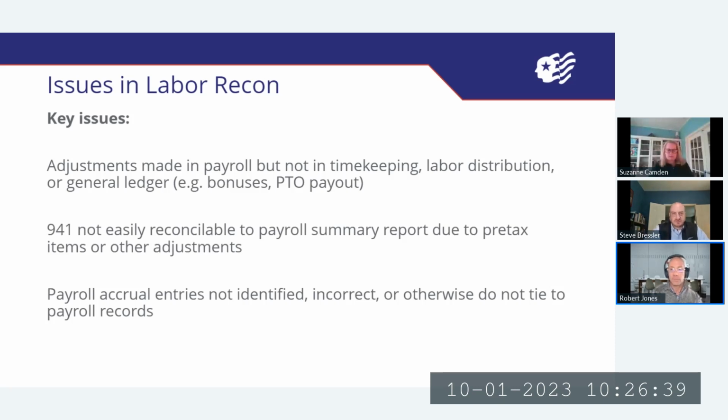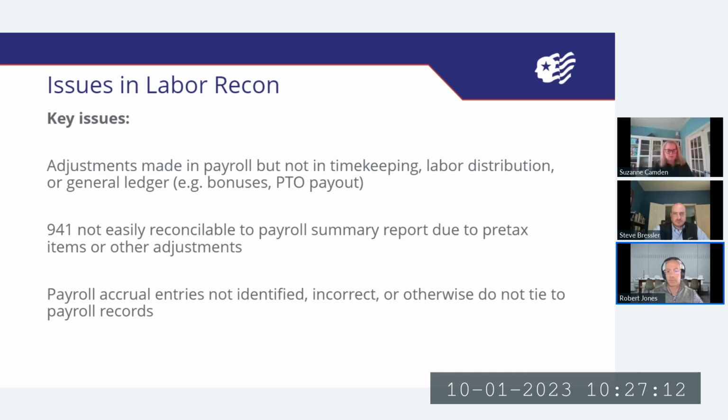This is why one of the things that we always request when preparing somebody's incurred cost proposal are not only the 941s, but the year-end payroll summary report. So that is a list of employees, the total hours they were paid, total dollars, total tax deductions, all of that kind of stuff, so that we have a summary by employee, we have a total summary for the organization, and be able to tie that information back to the incurred cost proposal.